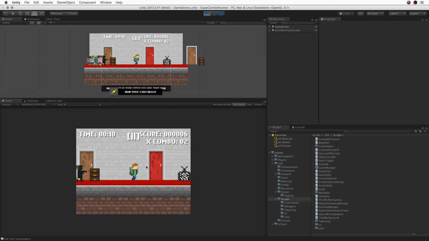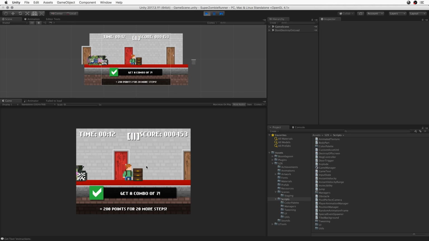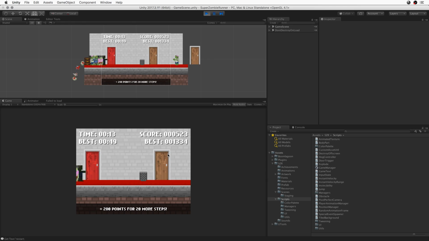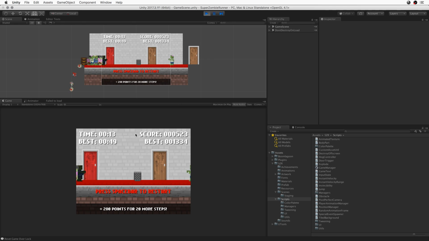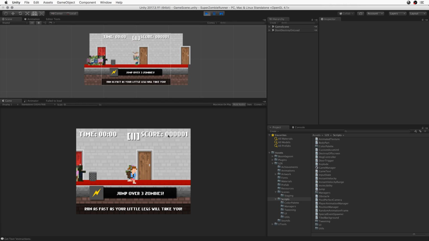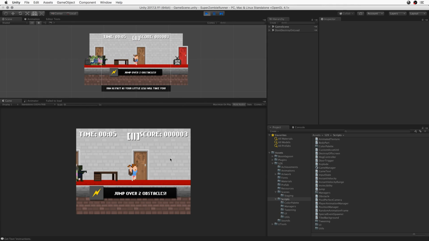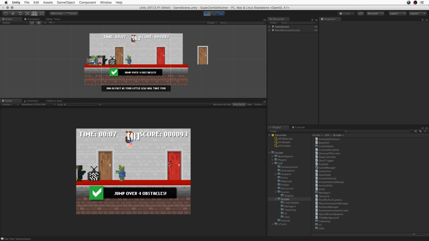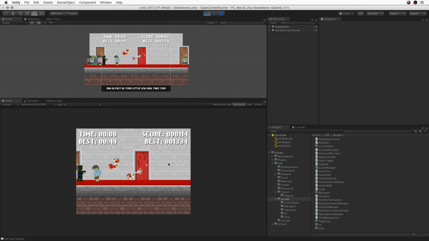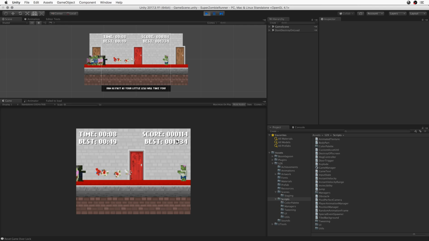And honestly, I bet you anything. Oh god, I hate this font. I've got to find a better font. I bet you if I just removed a 0 from here, 2, 4. This isn't a really high scoring game, so I bet if I removed 2 zeros from this, it would look better. The best score right now is 1334. I think that was one of my better runs. I bet if I remove these two